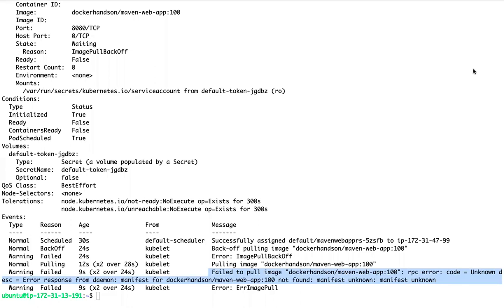So here the image with that version and tag, it's not there. So that's why we are getting the error, right?